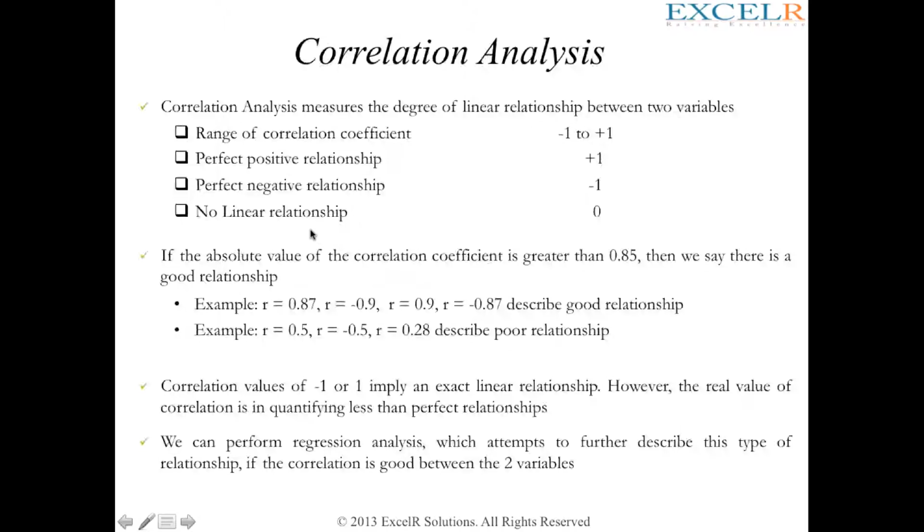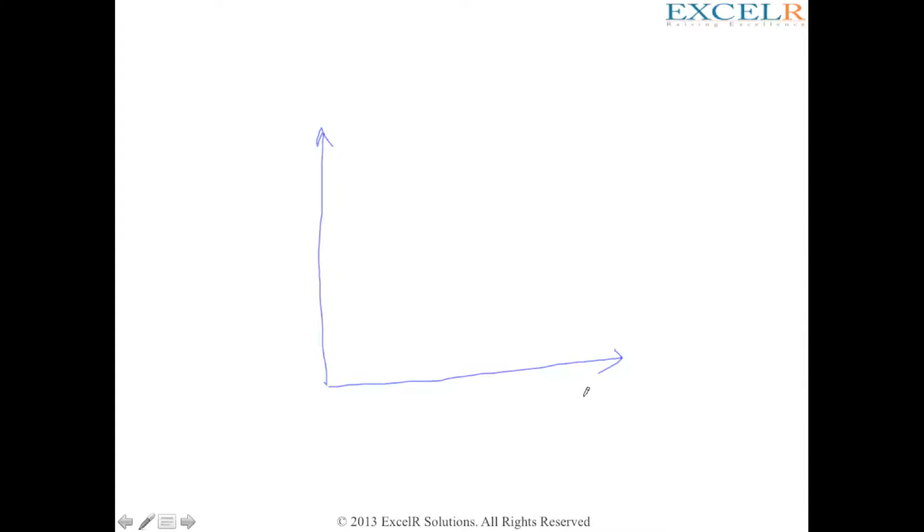So you have the x-axis and y-axis. On the x-axis, I'm going to plot years of marriage, and on the y-axis, I'm going to plot life expectancy